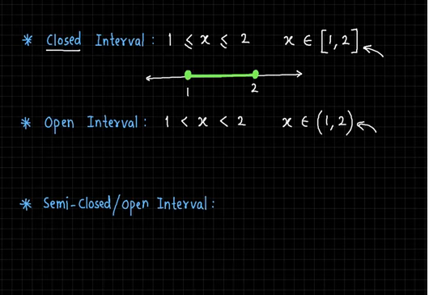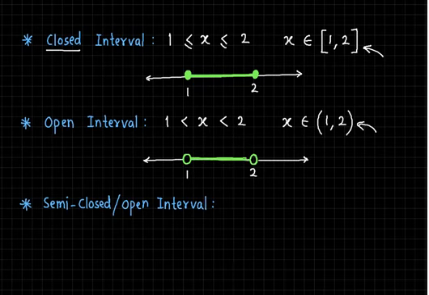Okay. Now how will we show this on the number line? Once again we have 1 and 2. Now here, since the end values cannot be taken, we have to show a hollow circle at 1 and 2 to clearly tell that those values are to be excluded, and we darken the entire region between them as before. Okay, so that's the important difference.